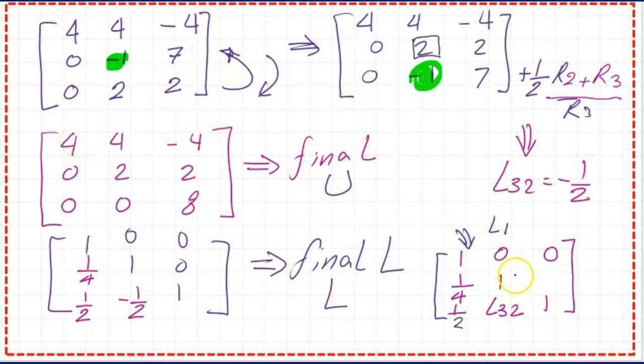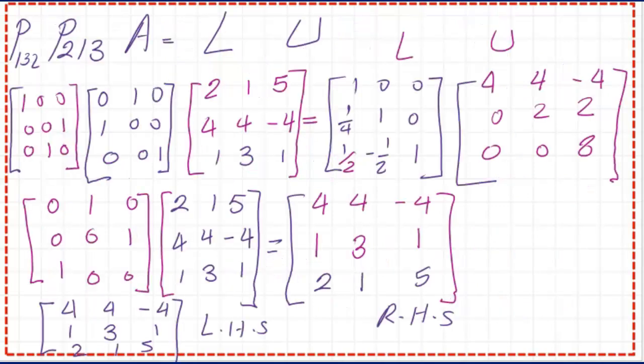And this is the remainder of the lower matrix L: sub 1, 1, 1, 1, 0. This 1 over 4, 1 over 2, and we have one unknown, L sub 3, 2. Now we can obtain that L sub 3, 2 by changing the sign of 1 over 2, the multiplier for the upper matrix. So L sub 3, 2 is minus 1 over 2. We can write the final L matrix, 1, 1, 1 on the diagonal, 1 over 4, L3, L2, 1. L sub 3, 1 is 1 over 2, and L sub 3, 2 is minus 1 over 2. We'll move to the next slide.